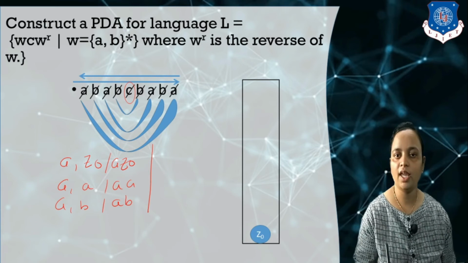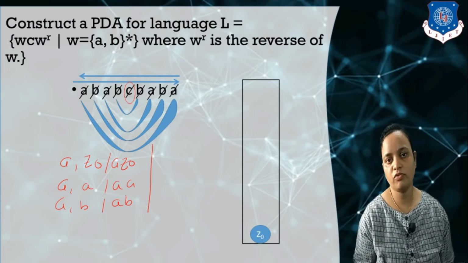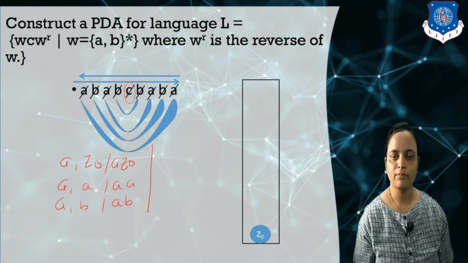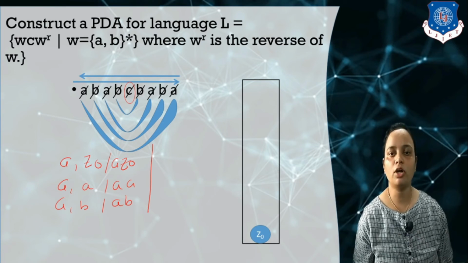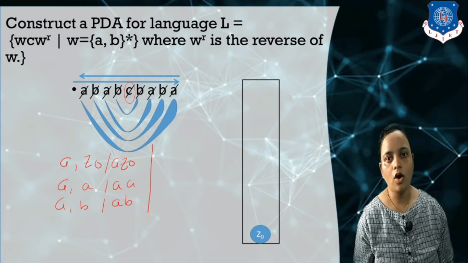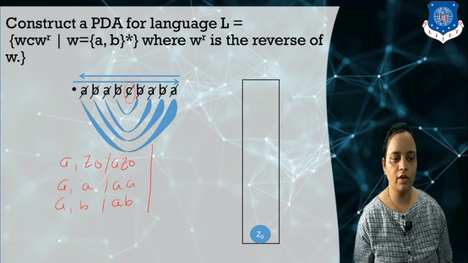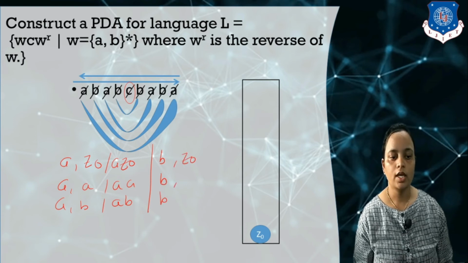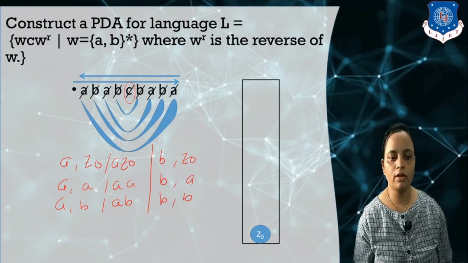So before C, if these terms come, we are performing a push operation. If input is B, if my top of the stack is either Z0, A or B, we perform a push operation. In the same way we can mention the transitions for B input. If Z0, if A comes, if the same symbol B comes, we perform a